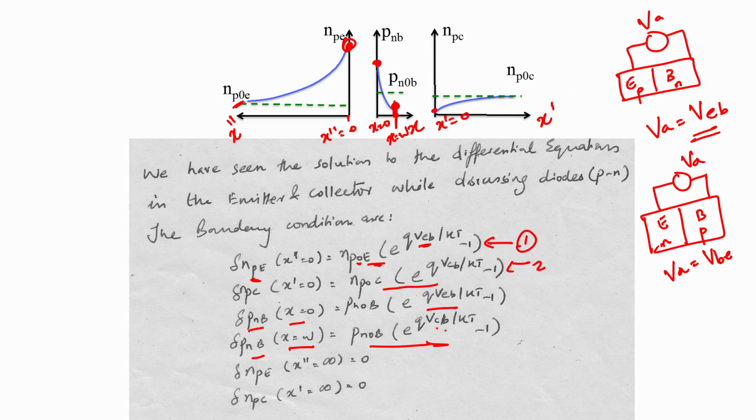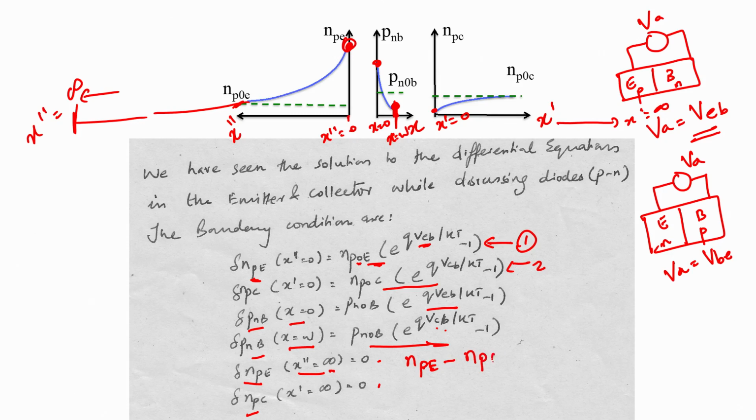Finally, what are the values very far off, at x double dash equal to infinite? Okay, so that is x double dash equal to infinite asymptotically, and that is x dash equal to infinite. So, what are the values there? In the case of delta NPE at x double dash equal to infinite, it is 0, and delta NPC at x dash equal to 0. So, what this means is that if you look at NPE